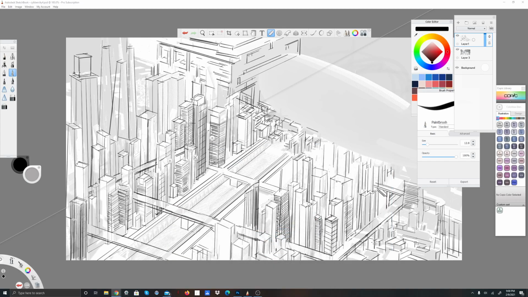Hey class. So what I'm doing here is I'm working on the city. I told you we were going to do the environment, and I forgot to start recording. I started working obviously a while ago. As you see, all the buildings that I've done already,